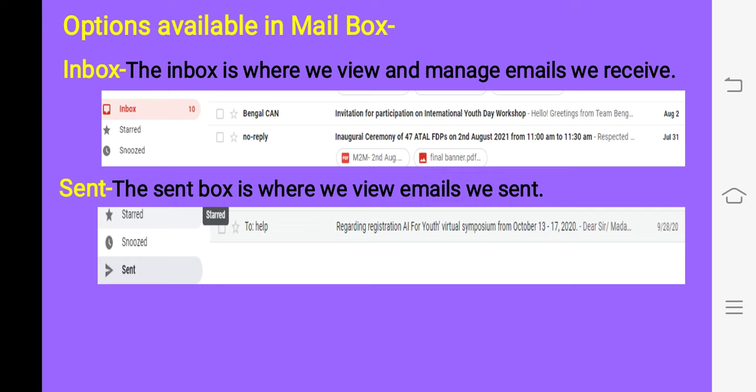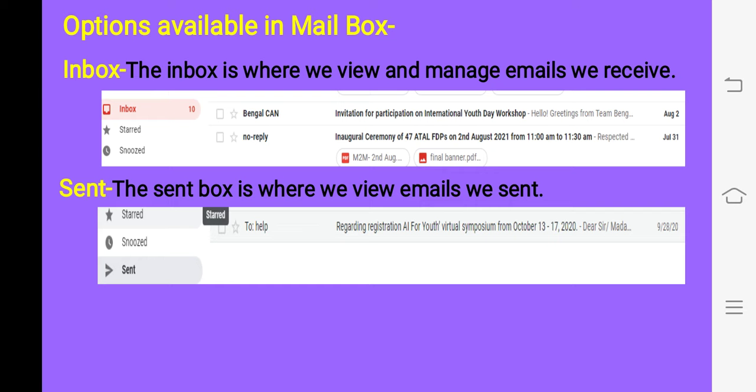So if we want to categorize our received mail so that we can easily respond to them, we can also create our own label, and we can also set the sender's name in that label, so automatically the mails arrange in that label. That we can do in a contact list, children.